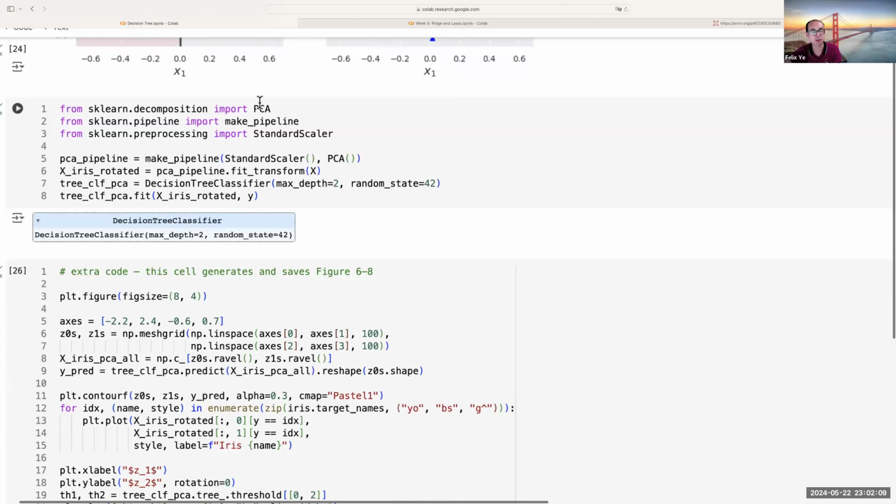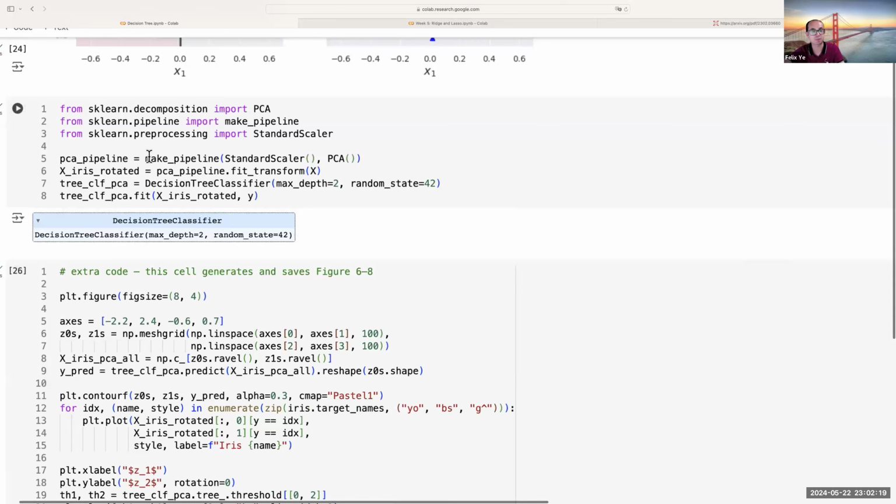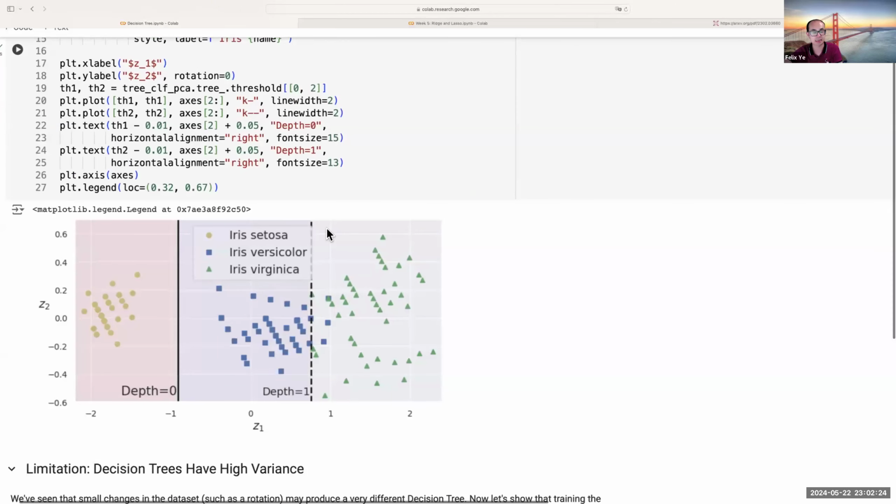Okay, so if we actually do the PCA and create this pipeline, we create this standard scaler, and then we create and apply this PCA here, then we do these transformations. Actually, what we are getting is something like that. We're trying to separate on this, like at a depth of 0, then we separate again right here for Z1. So you can see this is very similar to what we have, but all these three features are